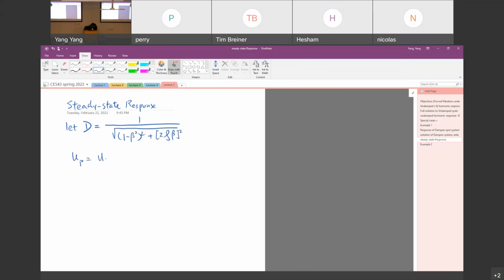So the transient response can be expressed as a